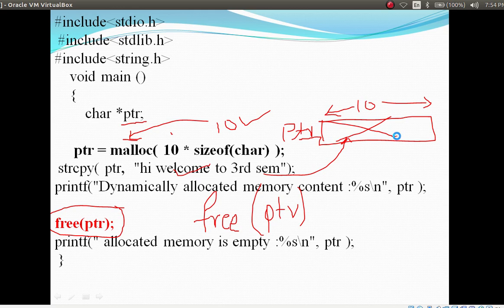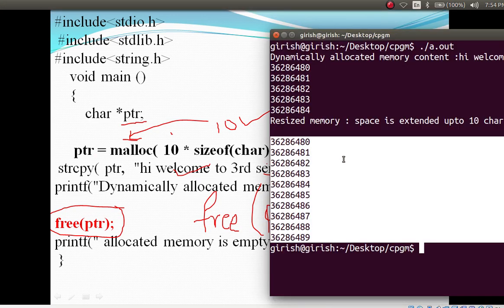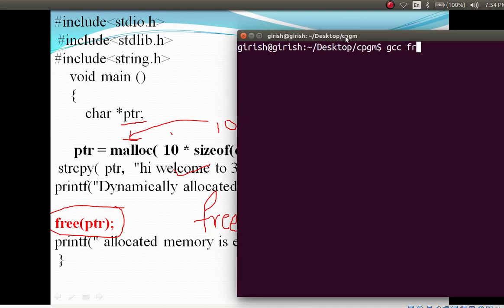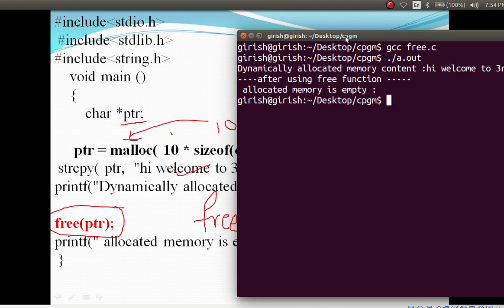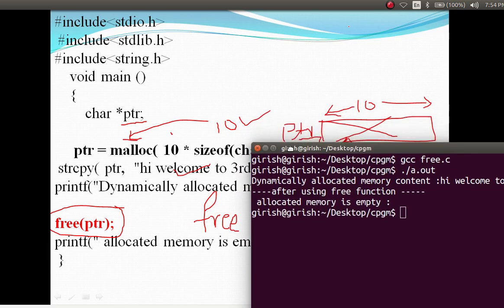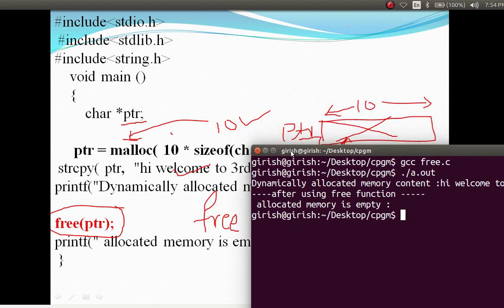Okay, let's see this program. Compile: gcc free. So compilation is done. Now execute. Okay.